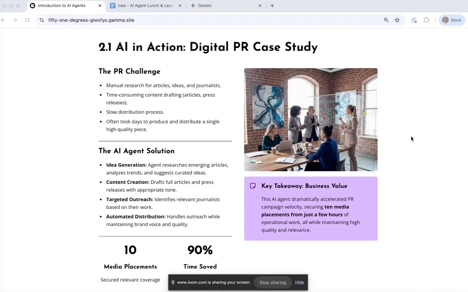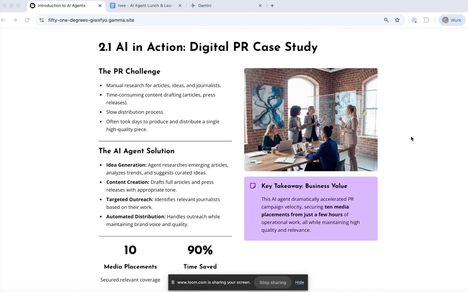But this specific one for digital PR, the way that the Strawberry Browser agent works is it first of all goes through this ideation process where, at my direction, it will research some ideas for digital PR pieces. It'll go away and find, I think I've said something like 5 different stories that it's going to go and think about.